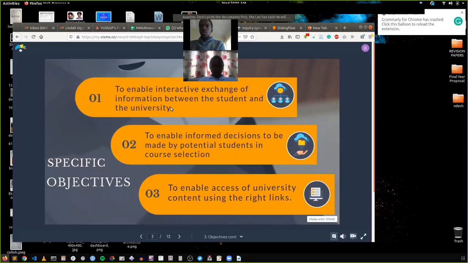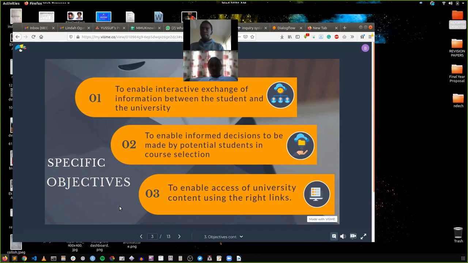Then we have our specific objectives. The first one was to enable interactive exchange of information between the student and the university. As we demonstrate the system, we will show how we achieve this objective. The second is to enable informed decisions to be made by potential students in course selection. With that, in our system, we have provision for links which students can